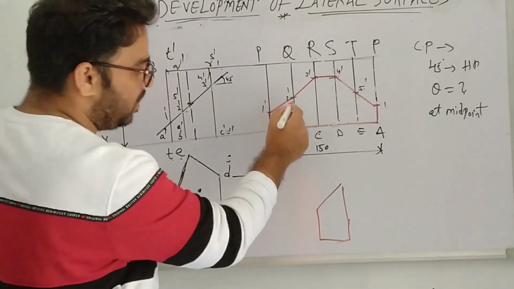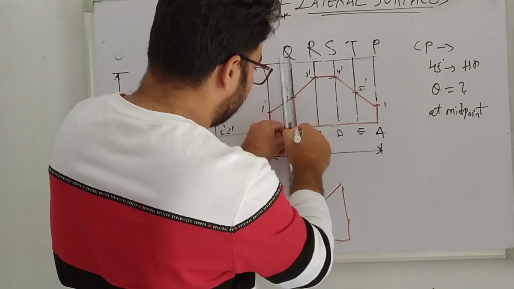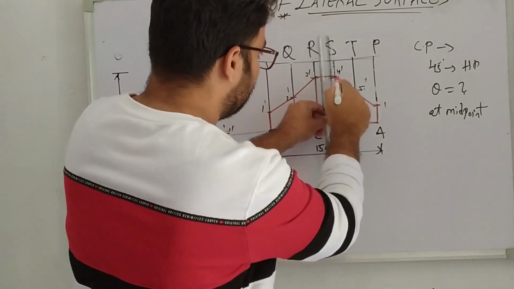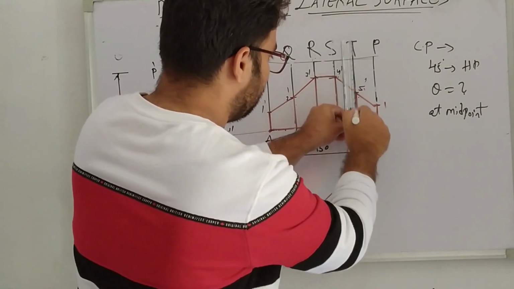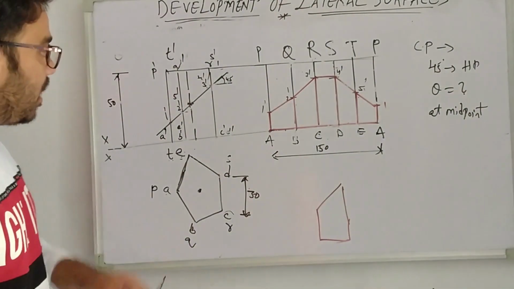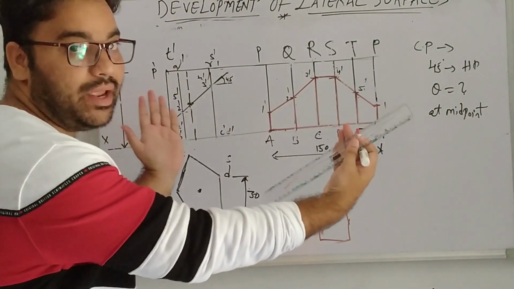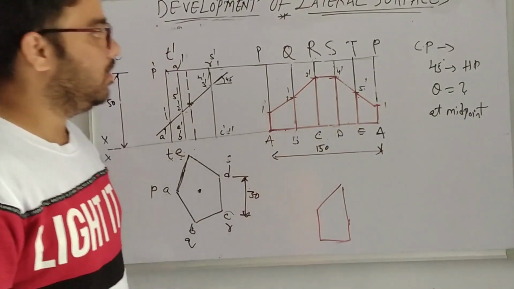Along with that, here longer edges are also visible inside. So you have to highlight these longer edges also. And don't highlight these longer edges. Why don't we highlight? Because this is a portion we removed, and watching from the top side and developing, this is the portion I will get.